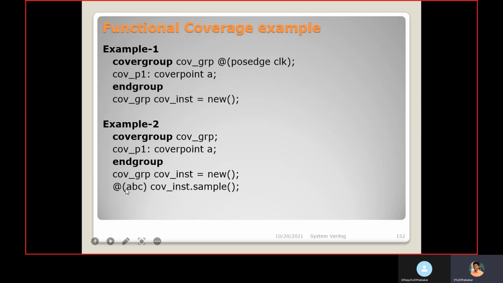When that event happens, we can sample the covergroup, cov_inst.sample. When this happens, it will sample the covergroup so that at that time it will capture the values present for A, and if A's values are assigned, that will be covered.